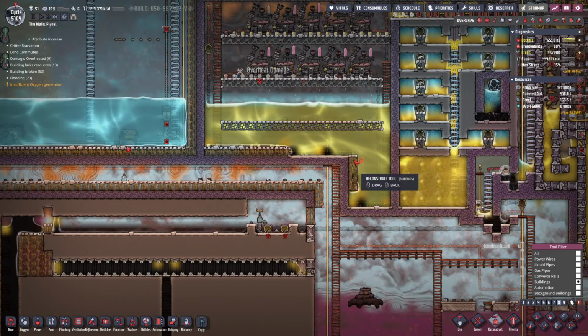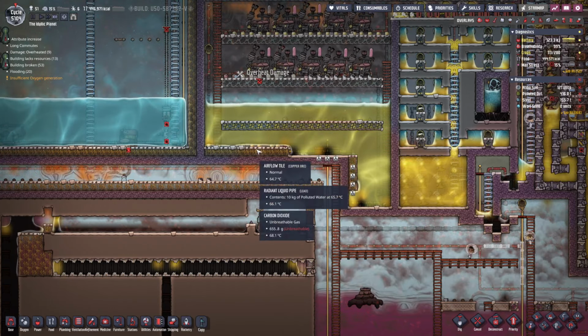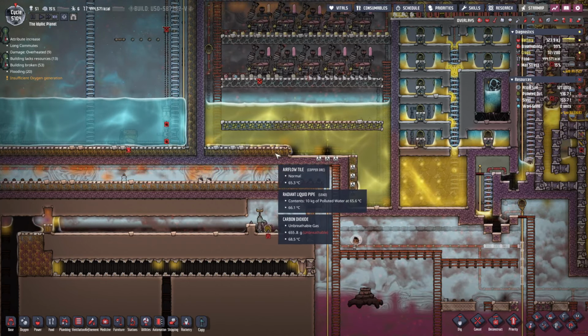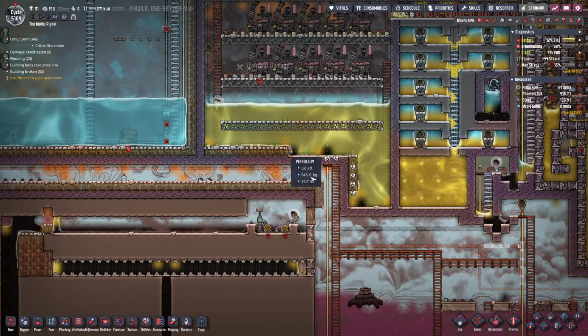Deconstruct some more buildings. Do we need these? I'll leave them for now just in case, and then add more here when it becomes necessary. It's more likely that they'll need it here than here, but